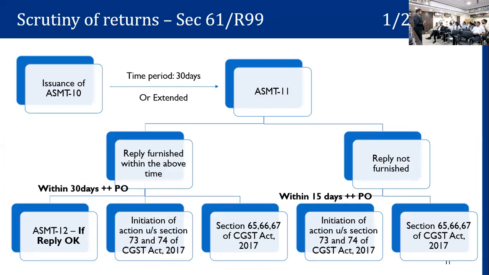इसमें आपने ASMT 10 का रिप्लाई सबमिट किया, 2 महीने 3 महीने बीत जाते हैं, कोई भी वहां पर अंडर प्रोसेस दिखता है। इसका कोई उनके लिए भी टाइम बाउंडेड है कि ASMT 12 उनको 30 डेज में देना है। नहीं आ रहा तो समझ के चलो वो नहीं एक्सेप्ट किया, वो आगे 73 74 में जाने वाला है।